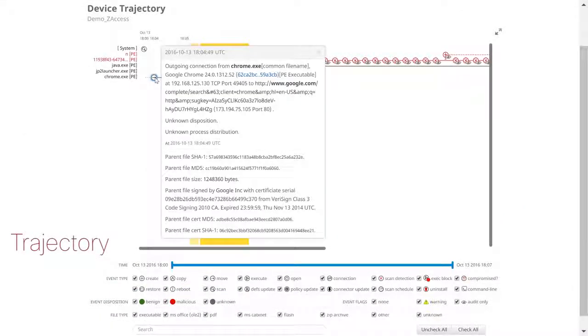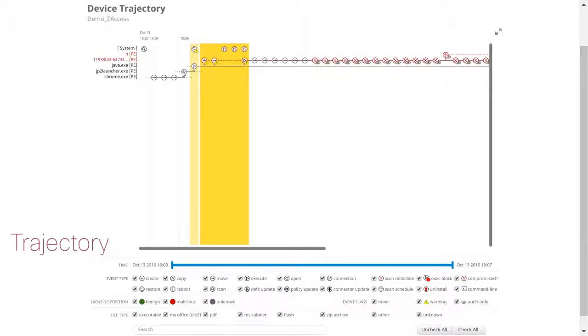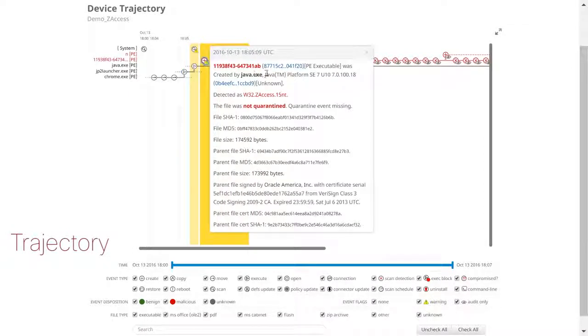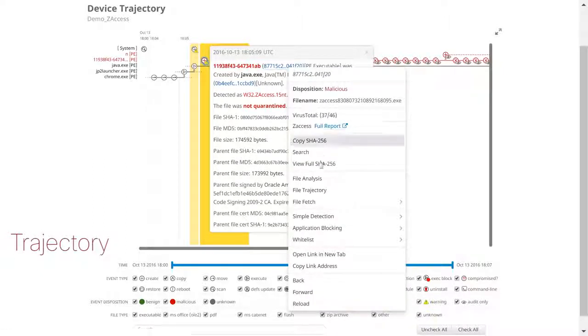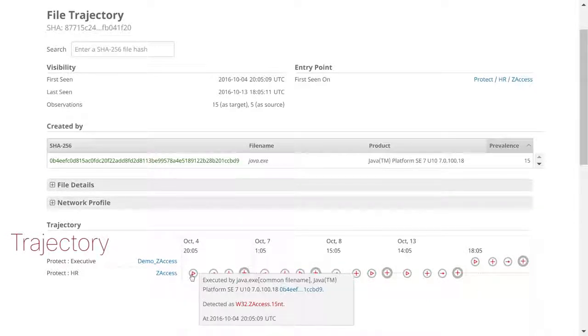Trajectory shows you the complete ancestry of a threat on a single device, the origin of the threat, what it's doing, what applications it's affected, parent processes, connections to remote hosts, and unknown files that may have been downloaded by malware. Trajectory then lets you pivot your view from one endpoint to all endpoints to see all the machines that